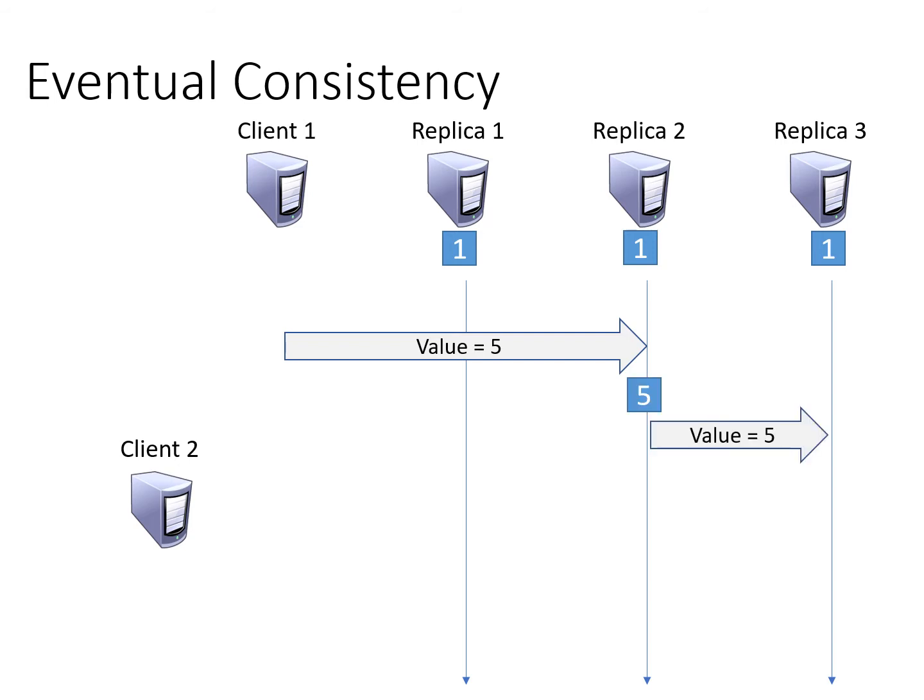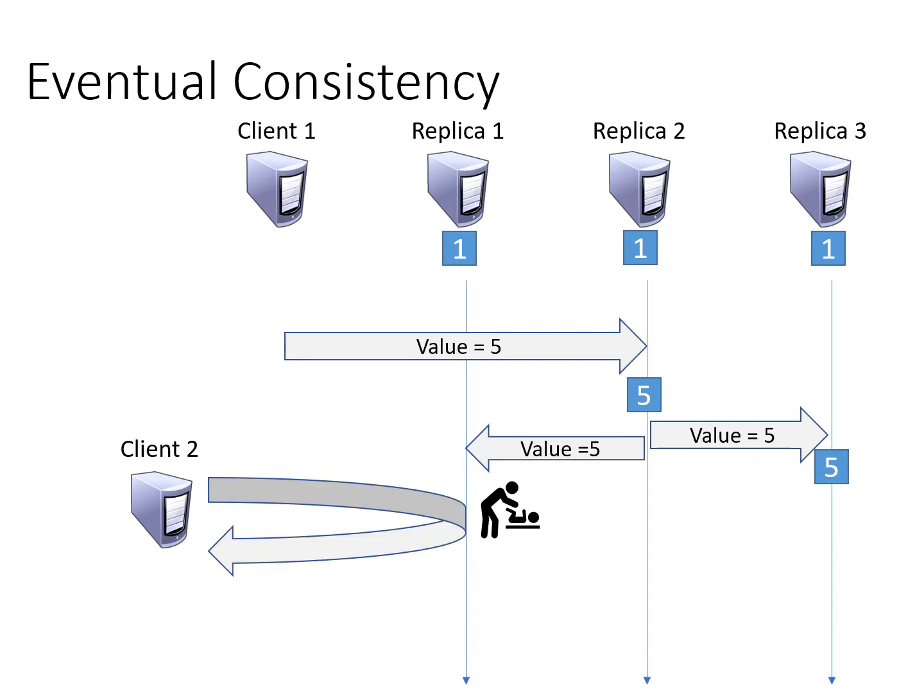It persists it and now coordinates the update to the other replicas. Sends the value to replica 3. It sends the value to replica 1 at pretty much the same time. But replica 1's busy. Maybe it's got a blast of requests from a million clients, or maybe there's a slow network or a transient network failure, and it doesn't receive, or it doesn't have a chance to persist the new